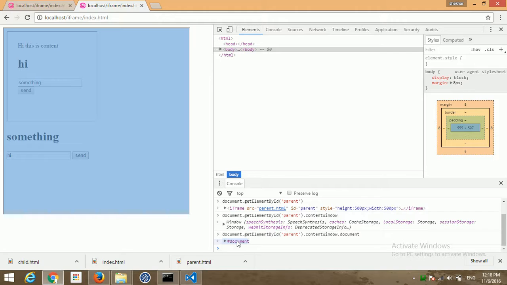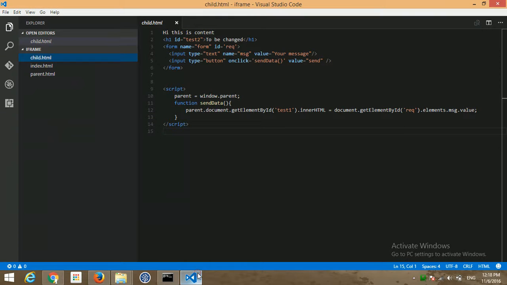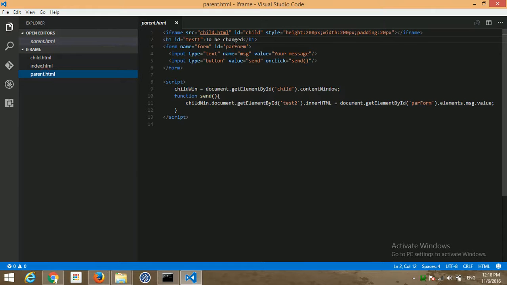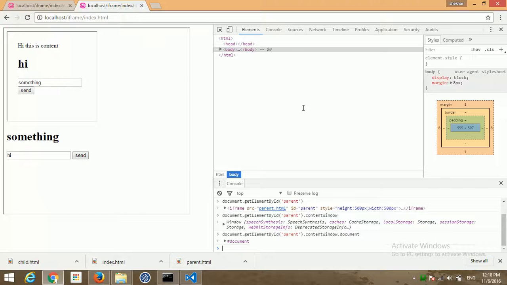And from here, if I want to access the child, what should I do? See here I have parent.html, and inside parent.html we have child. So can I access child from here?